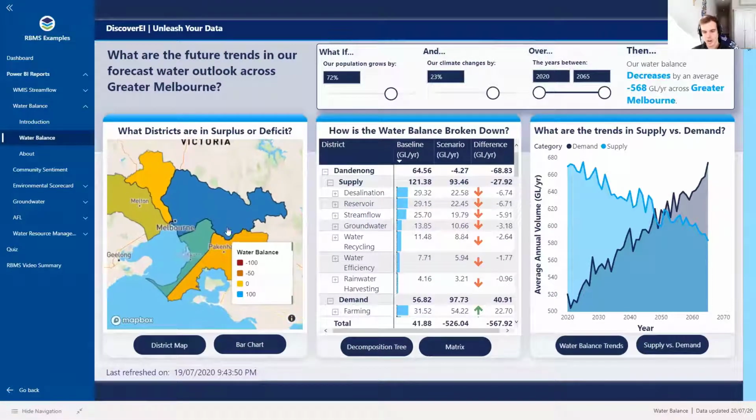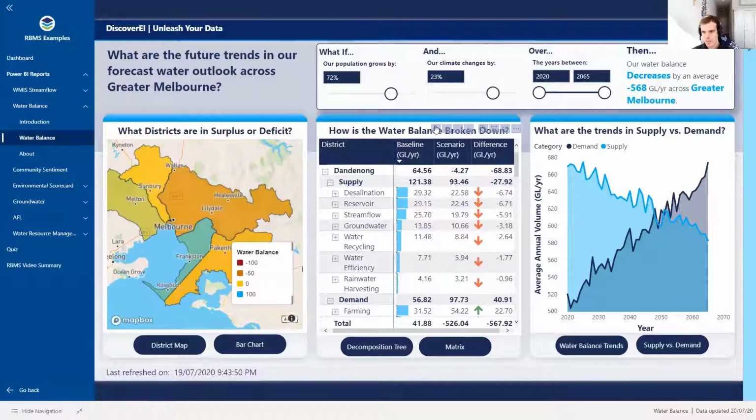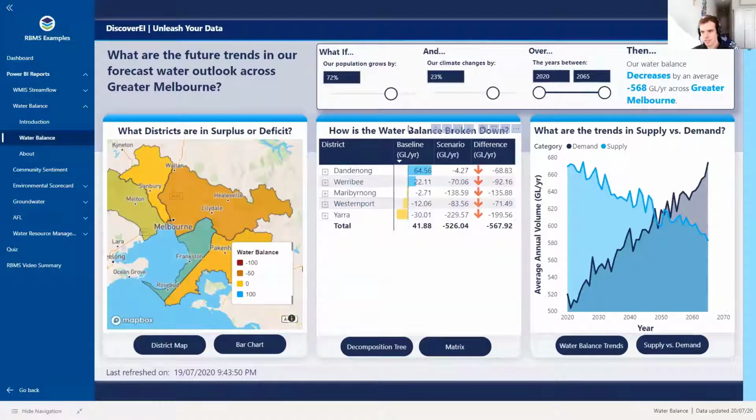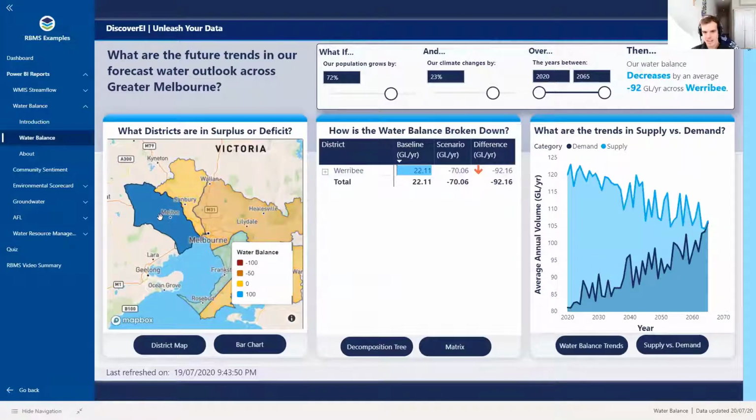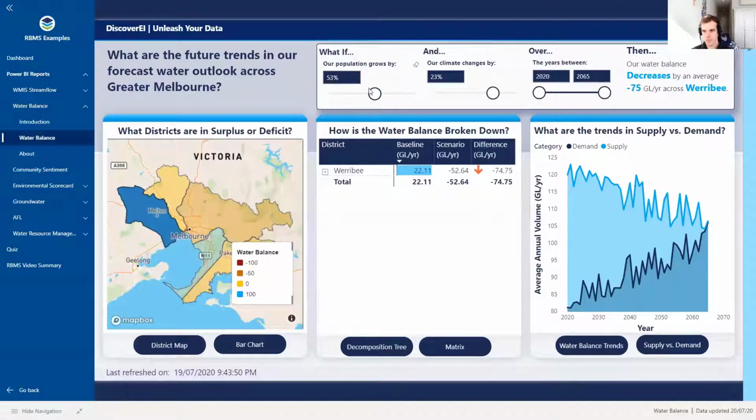So again, using a combination of a map with matrices and also time series data really helps us paint a powerful picture. But if we look here at, say, Melton, where you can see that we've updated, we've got example modeling scenario results here, where we've got our baseline conditions. But what if we wanted to predict what the impact to our water balance is going to be by our population growing 53% and our climate changing by 11%, whatever that means for respective rainfall and temperature over these years,